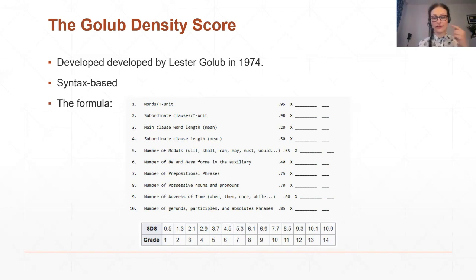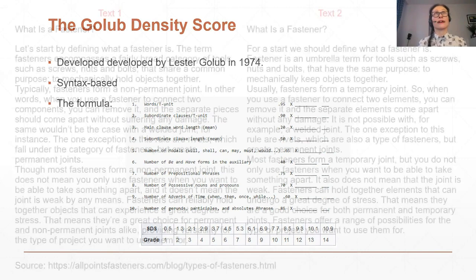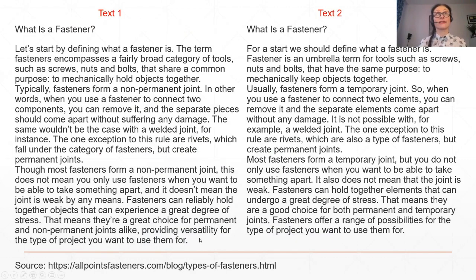Most of the language checkers like Grammarly or Acrolinx usually use the readability formulas to give us scores. And I also ran some tests to show you how it works. So here are the two texts I tested. It's taken from a blog about fasteners, very fascinating. The first one is the text that was published, and the second one is a text that was slightly edited.